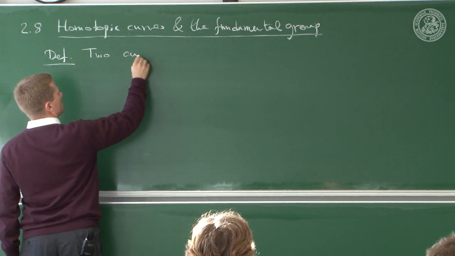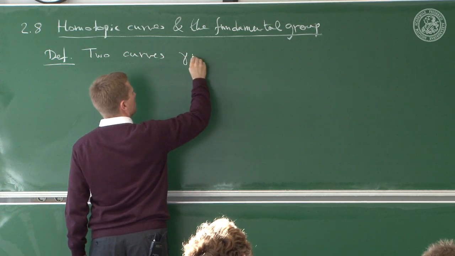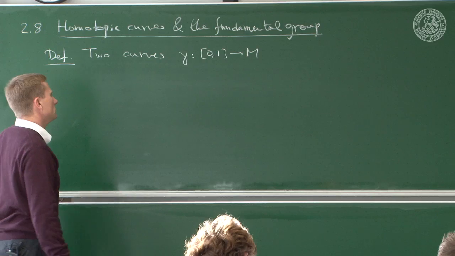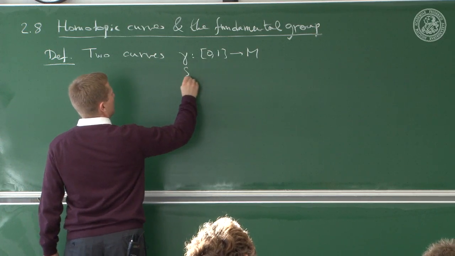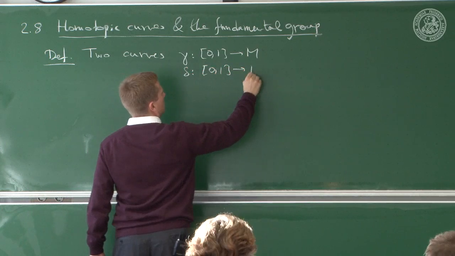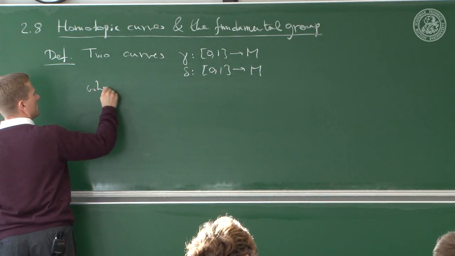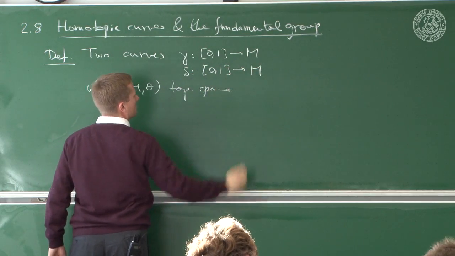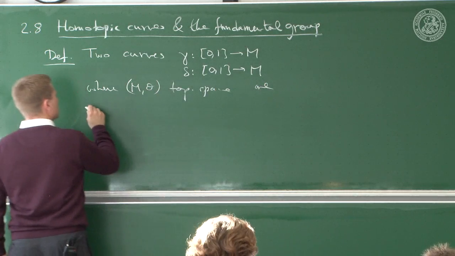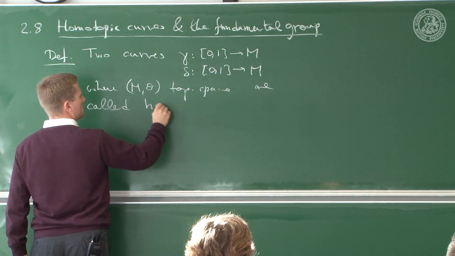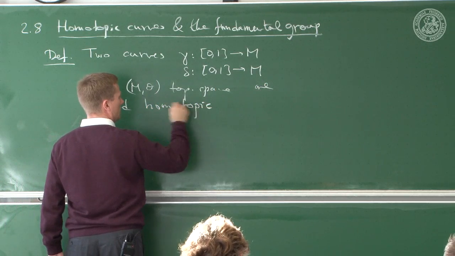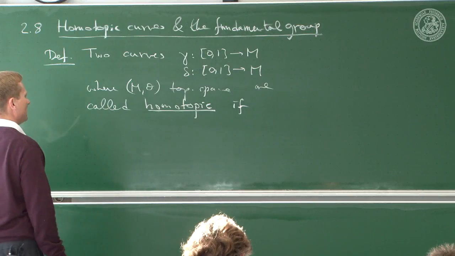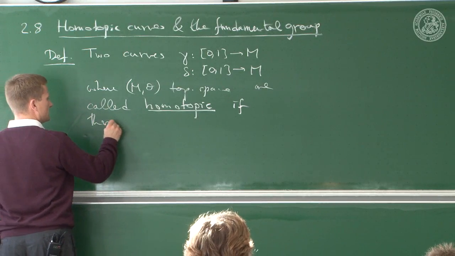So two curves, gamma from [0, 1] into a topological space M, and delta from [0, 1] into the set M that underlies a topological space, are called homotopic if, and now we use a lot of what we did so far,